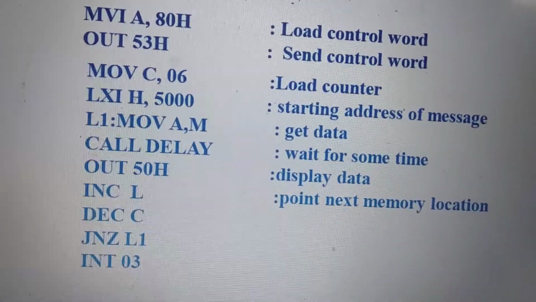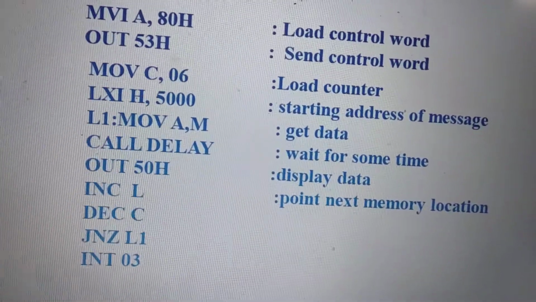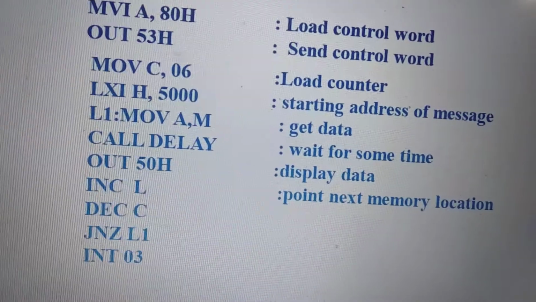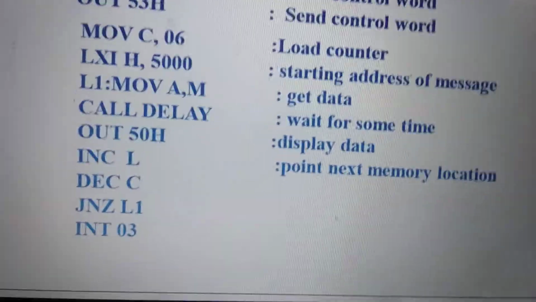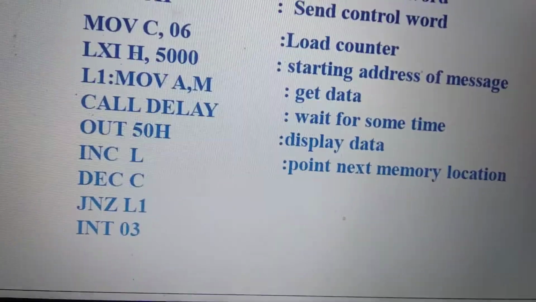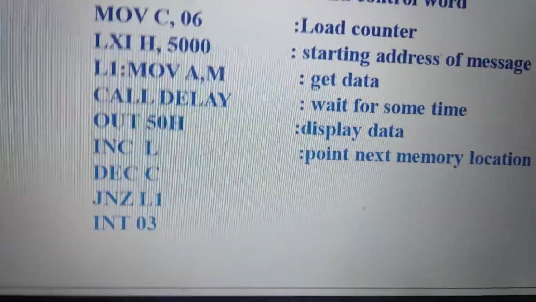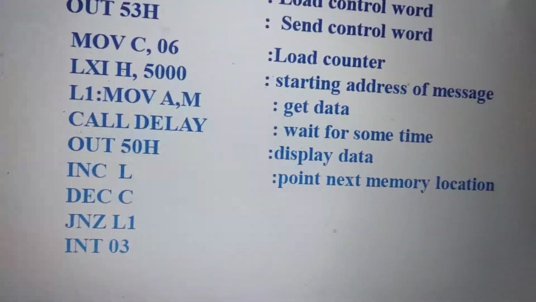The counter will be decremented by 1, and again it will jump to loop 1. That means the data will be taken into the accumulator, we will wait for some time, then it will be displayed. Now what is the need for this wait?